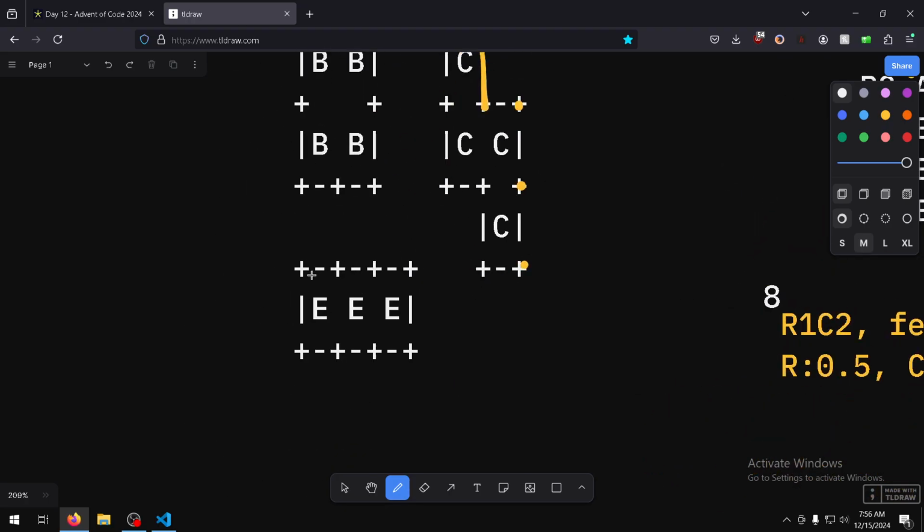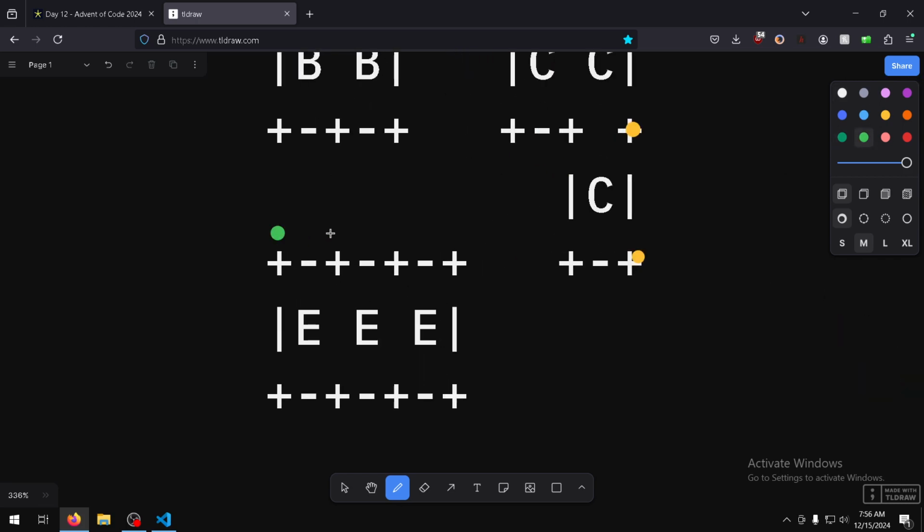So let's go with this example. We have this green dot here. Boop, boop, boop, boop. These are all edged up. Now we go through these 2 and we're like,